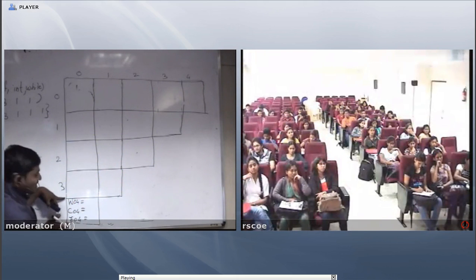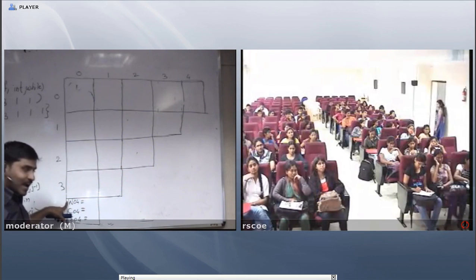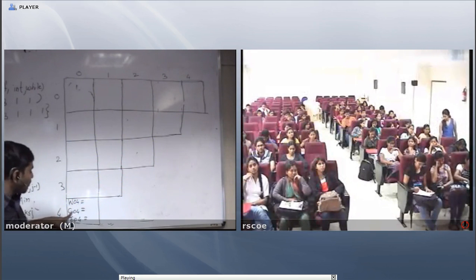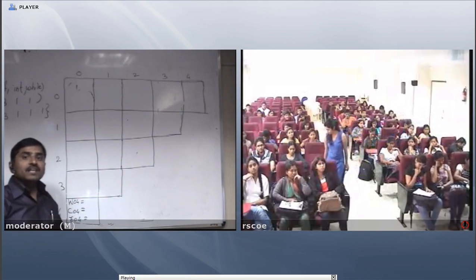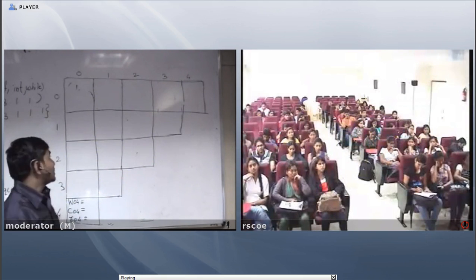To find the value of this, what will be the weight of 0 to 4 and the minimum cost from 0 to 4? Then only can I say which node is the best root from the given elements. So I start.